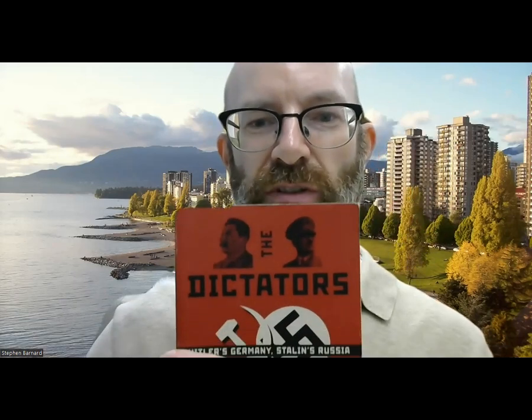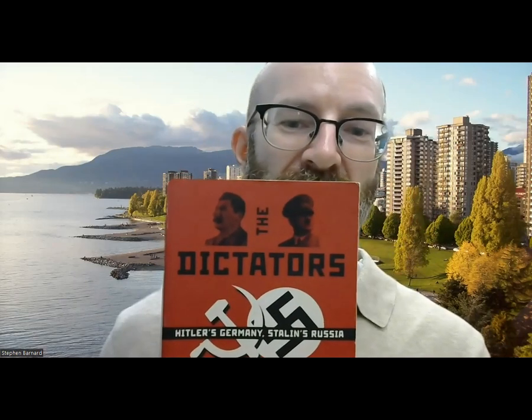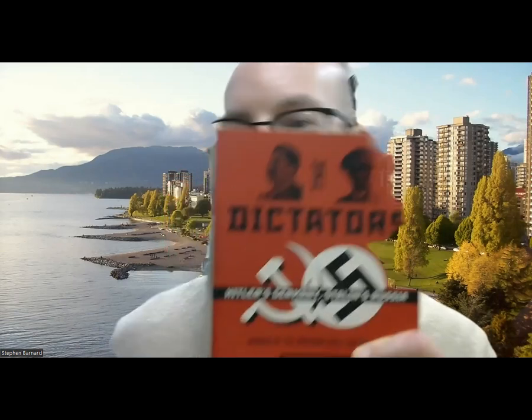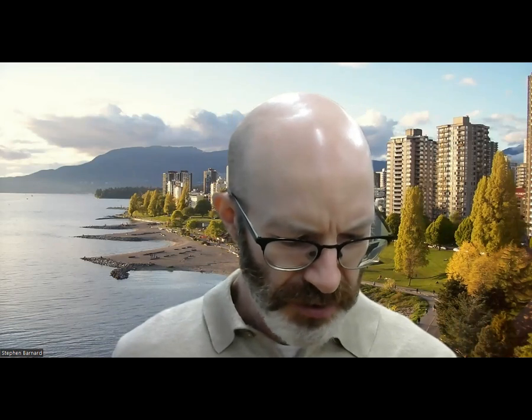I happen to have here this book, which I read. I'll just hold it up here so you can see it. This I bought from a used bookstore a couple of years ago, and it's called The Dictators. It's by Professor Richard Overy. It's the winner of the Wolfson Prize for History. And it's quite an interesting read. It's about